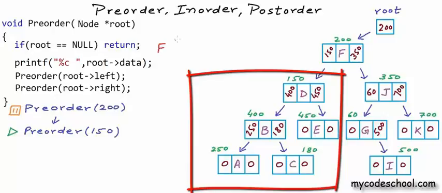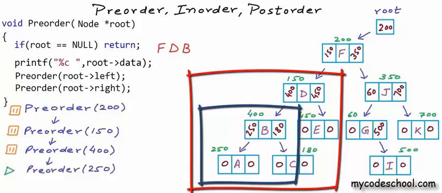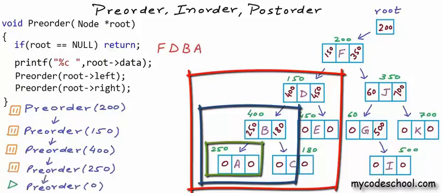Once again, for this call, root is not null, so we will go ahead and print the data. Data in node at 150 is D, and now once again there will be a recursive call. With this call preorder 400, we are saying that we are going to visit this subtree. Once again we will print the data and make another recursive call. Now we have made a call to visit this particular subtree with just one node. For this call we will print the data, and now for node at 250, address of left child is 0